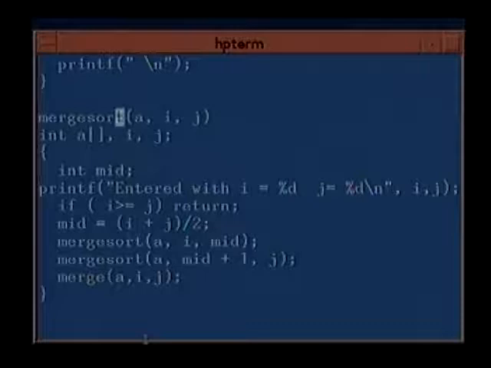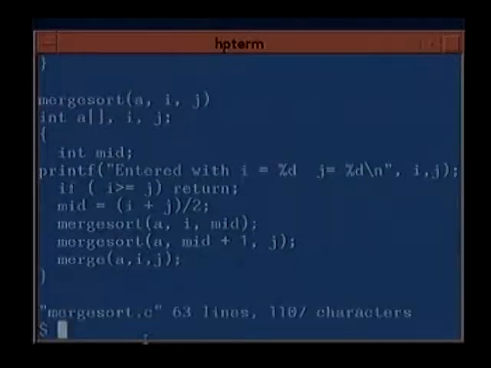So as soon as we enter the merge routine, we will see what is the value of I and what is the value of J. So this way we can find out exactly how the split occurs.